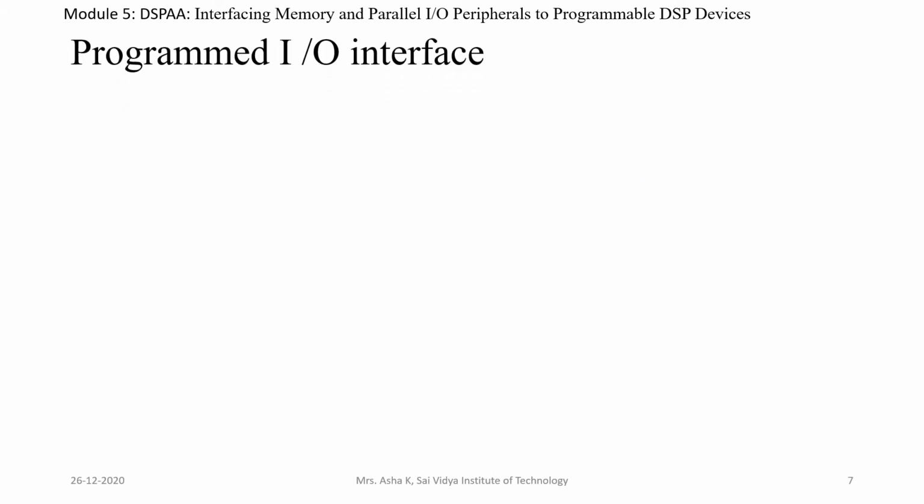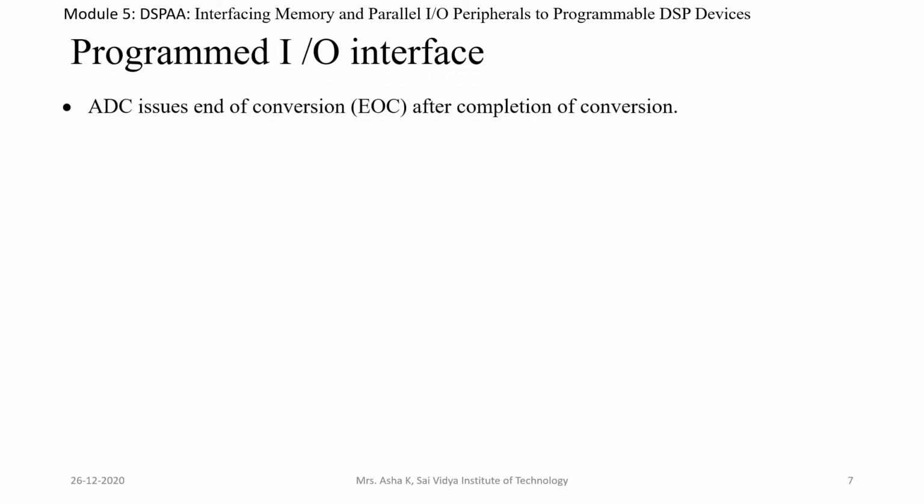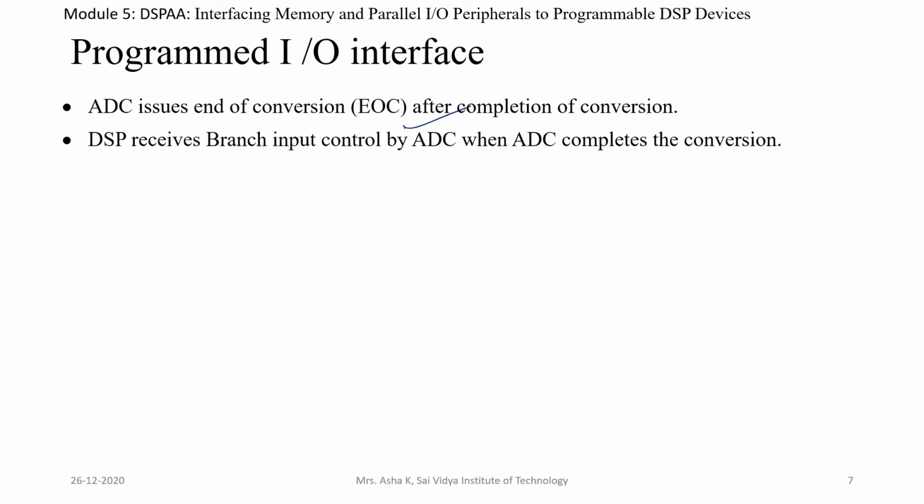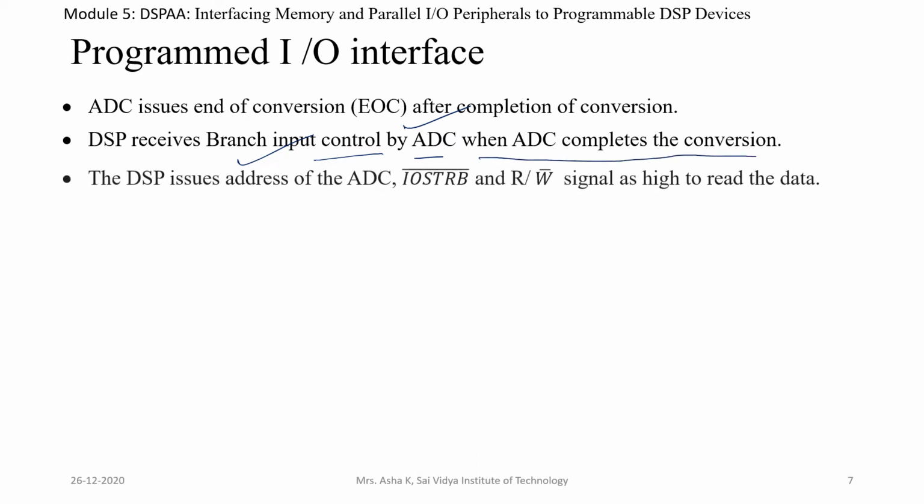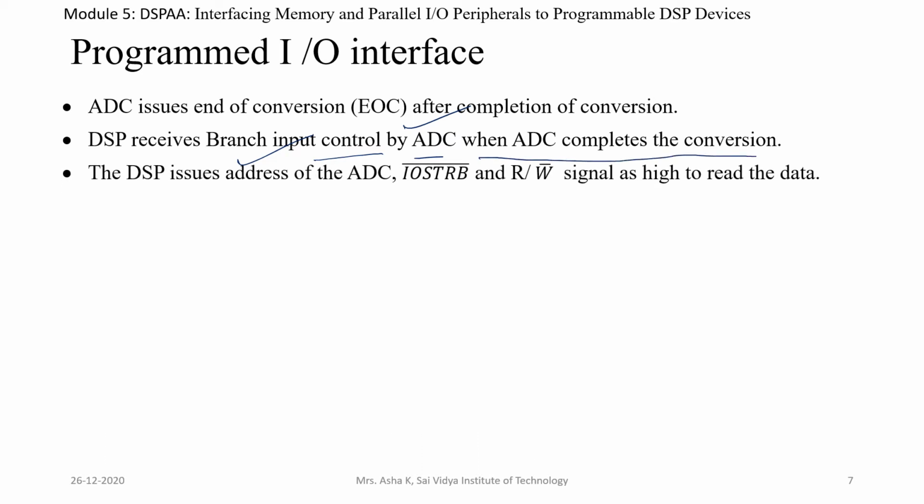The analog to digital converter issues end of conversion after completion of the conversion. The DSP receives the branch input control from the analog to digital converter when the ADC completes the conversion. The DSP issues the addresses of the analog to digital converter, the input output strobe signal, and the read/write bar signal as high